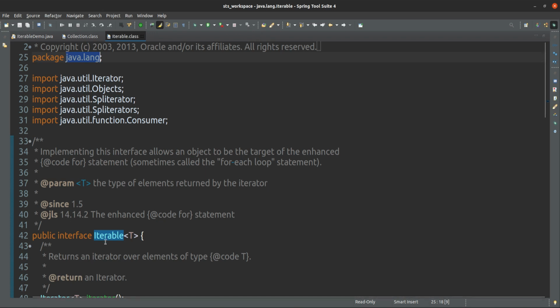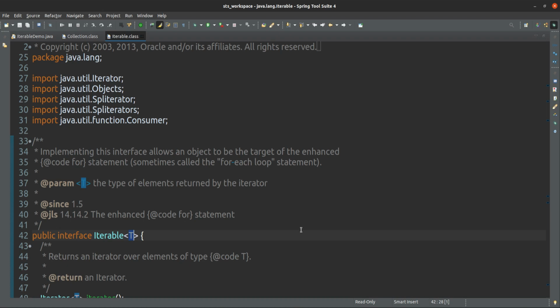So Iterable is nothing but an interface that allows an object to be the target of the enhanced for statement. It is used to iterate the elements. Elements of what type? Type T, any type of element it will iterate.